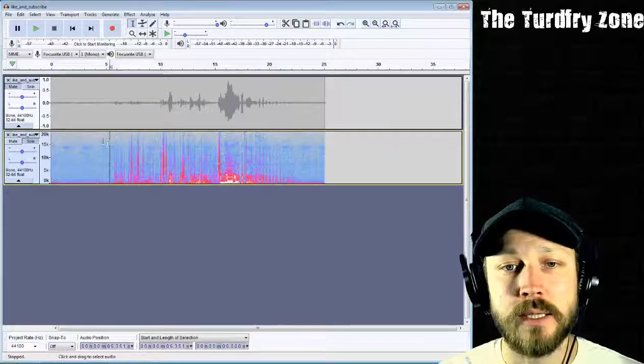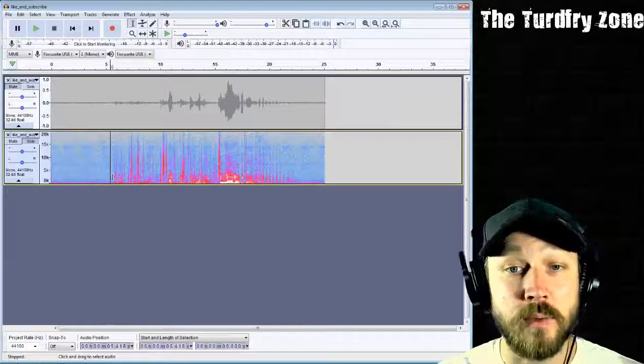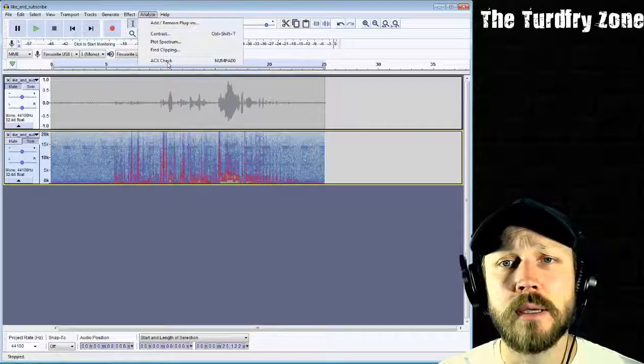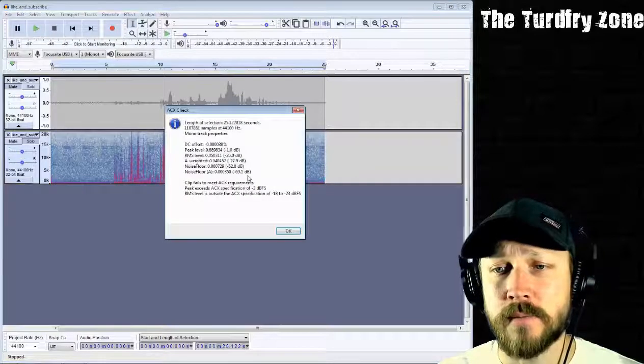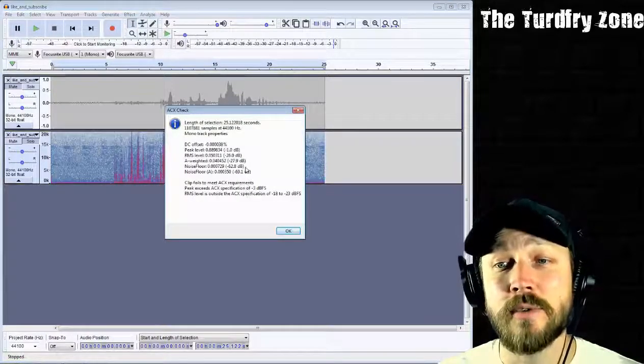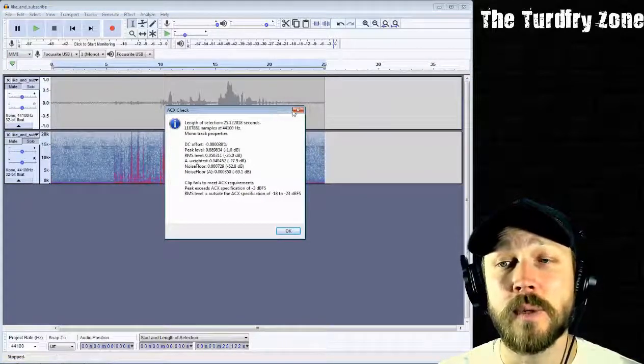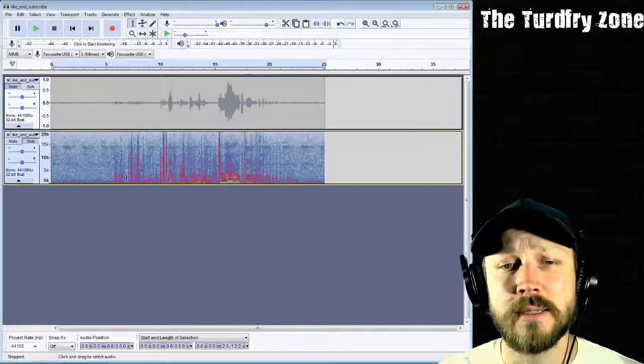Okay, yeah, you can see the top end is already faded out as well as the bottom end here. And let's run a quick ACX check, see what effect that had. Negative 62.8, yeah, from negative 45 to almost negative 63. That's quite the reduction. Let's play it and see how it sounds.